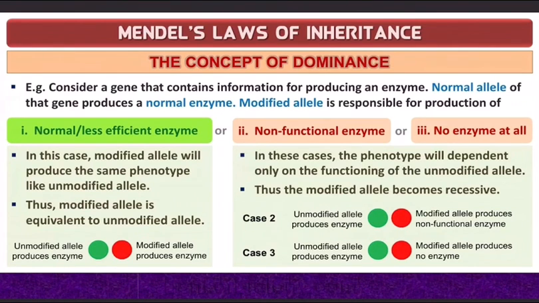So you can see the allele of brown eye color is the unmodified allele, whereas the allele of blue eye color is the modified allele. So there is modification also. And the concept of dominance continues. In the law of dominance, consider a gene that contains information for producing an enzyme. The normal allele of that gene produces a normal enzyme. The modified allele is responsible for the production of